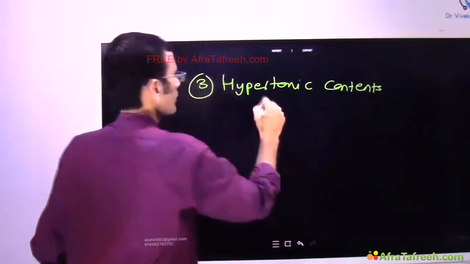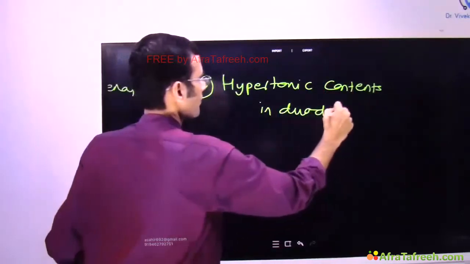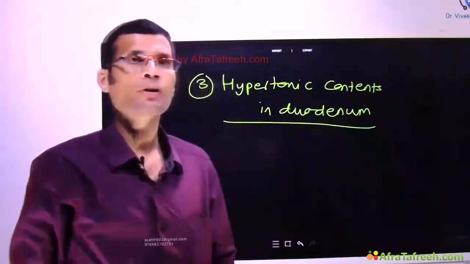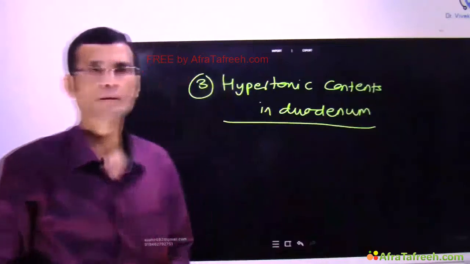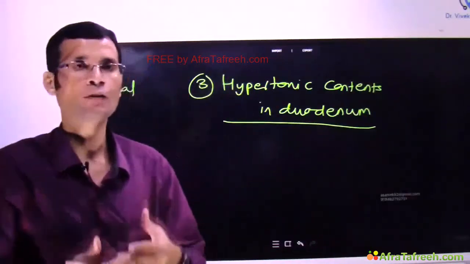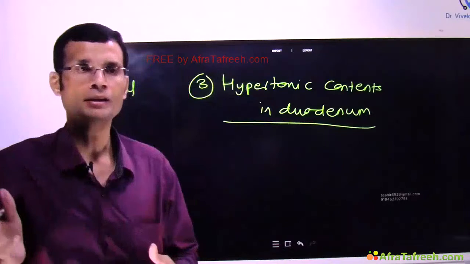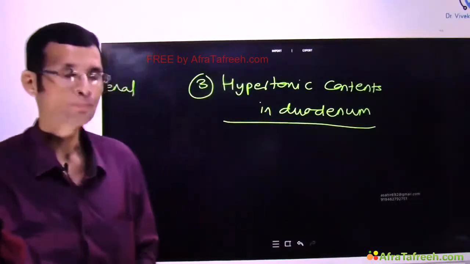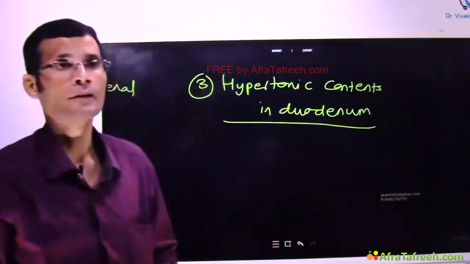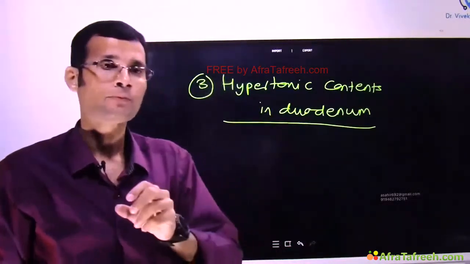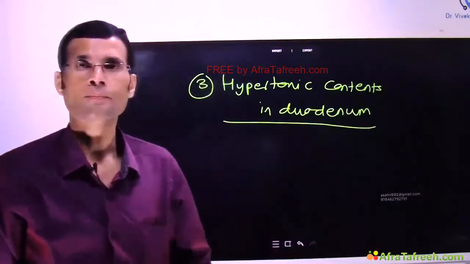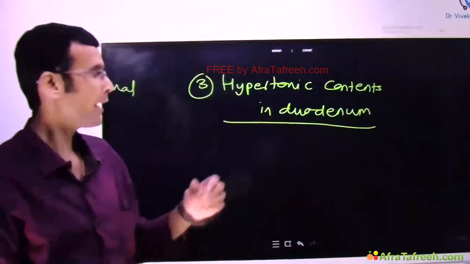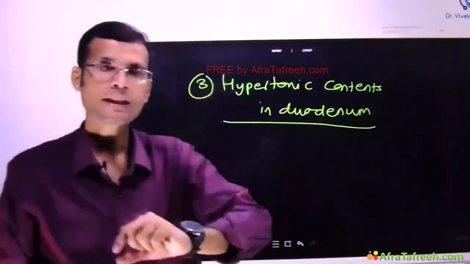Third is hypertonic contents reaching the duodenum. There is a syndrome called dumping syndrome. When persons have undergone gastrectomy or partial gastrectomy or surgery on the stomach, the hypertonic contents reach straight away into the duodenum. The stomach is not able to normalize their tonicity,